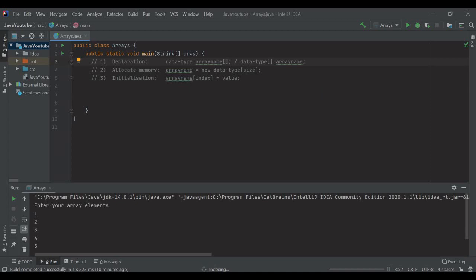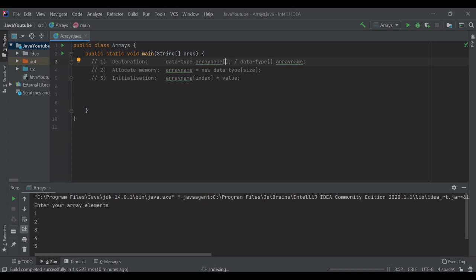Index: in Java, we usually start indexing from 0, and if you have been through C, then indexes for arrays usually start from 0 there too. Okay, 0, 1, 2, 3, and so on. The next step is memory allocation. Here we specify the array name and then new, data type, and the size of the array, whichever size you want to take. And then the initialization phase, where you initialize the array values. So you first say array, then the index and the value.